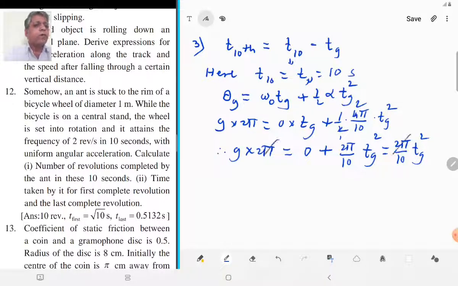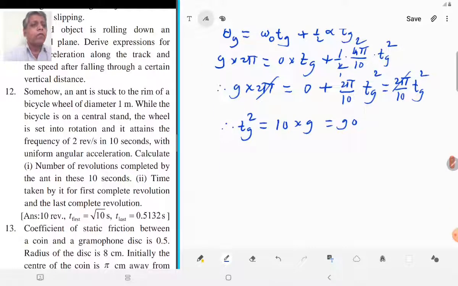2 pi get cancelled. Therefore, T9 square is equal to 10 into 9, that is equal to 90, and therefore T9 is equal to square root of 90, and the value of square root of 90 is equal to 9.487 in second,